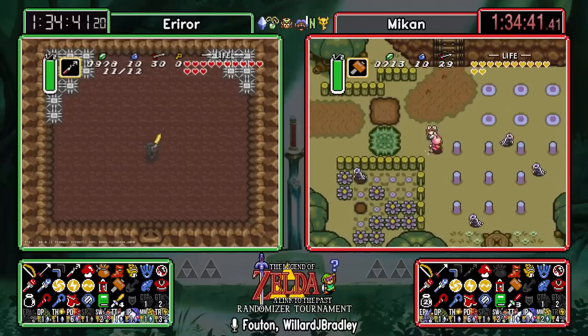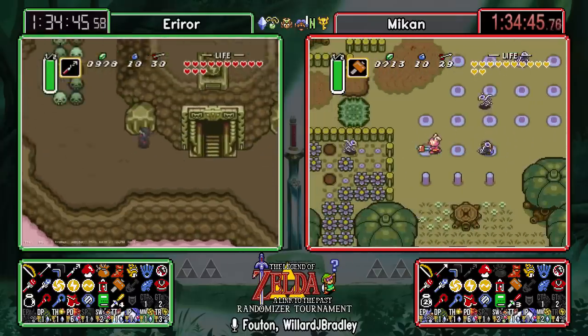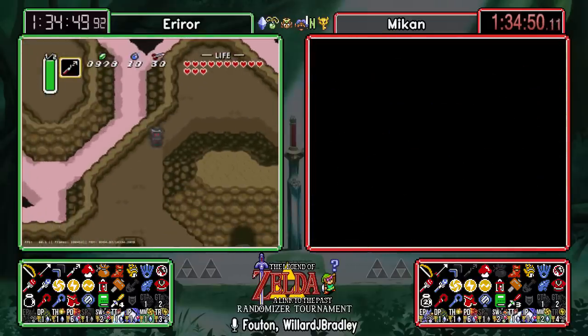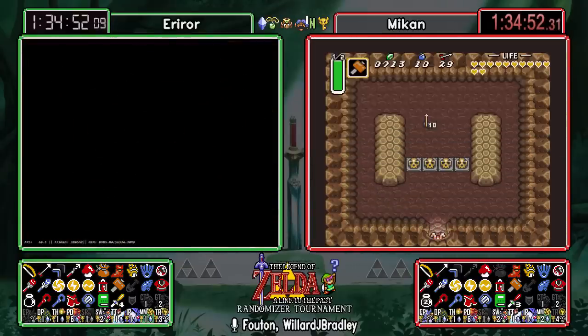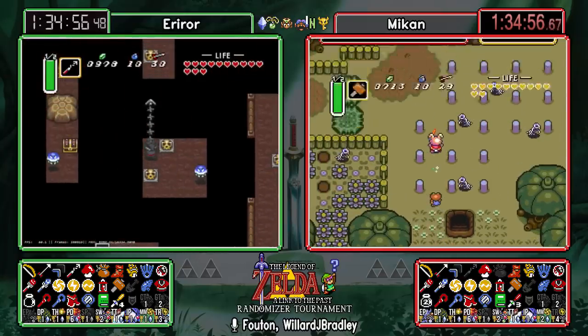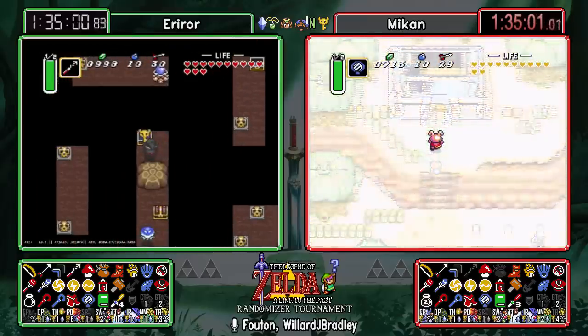Okay, so yeah, this is interesting. So more than likely, Eri is going to go straight for Swamp Palace, and then what would actually be perfect for him is Castle Tower key in there, or I guess right here too, and then he could just do Swamp, Pyramid Fairy, Castle Tower. Or no, he'd probably just go straight to GT afterwards and do Castle Tower afterwards. We got a big 20. We got a...